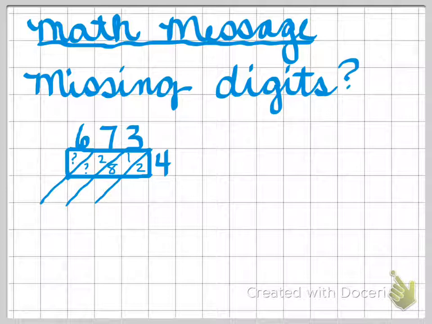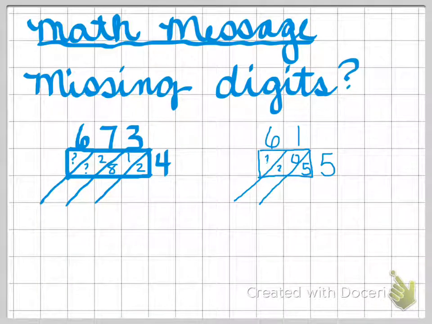If you're not familiar with lattice multiplication, then it might look like some kind of math puzzle. But basically what we're looking at here is a problem that is taking 673 times 4. So if we look a little farther here, we've also got a problem 61 times 5. And I know it's difficult to see my question marks because it was hard to fit them in that tiny